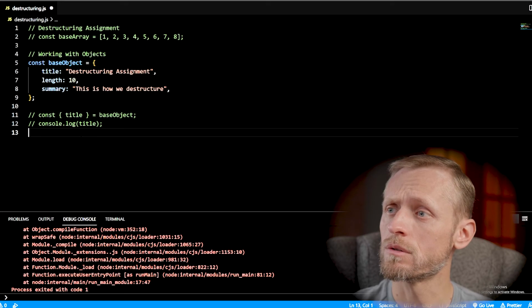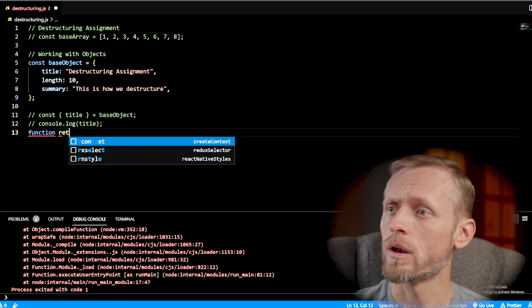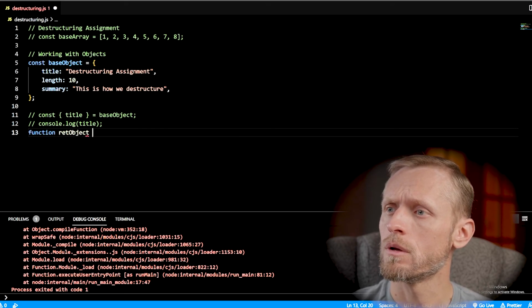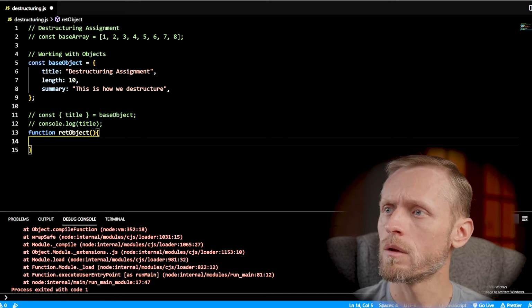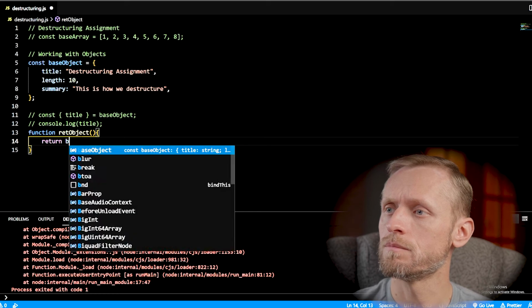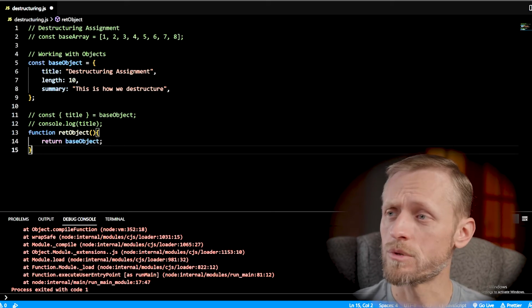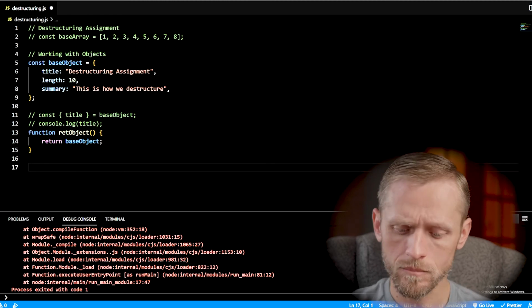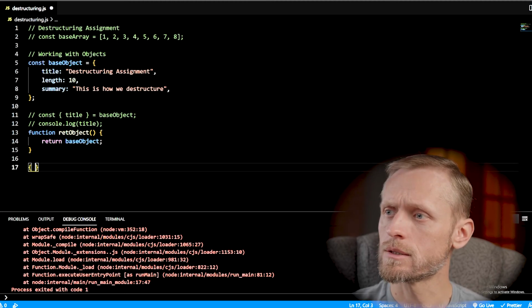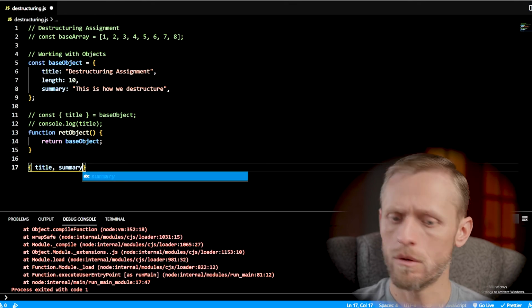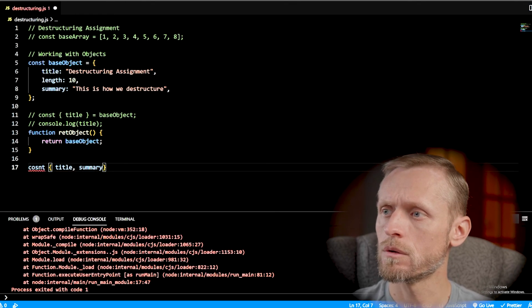Let's create a function retObject, and it takes in nothing. And we will say return baseObject. It's just a function that takes our base object and returns it back. And now we can say title and summary, say const